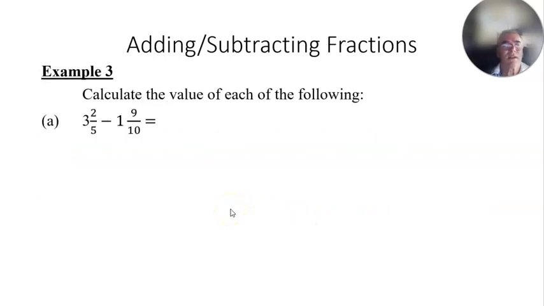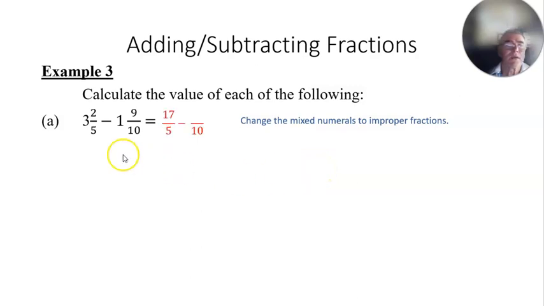So let's have a look at an example. 3 2/5 minus 1 9/10. Change the mixed numerals to improper fractions. So if you can't remember how to do that, then make sure that you go back and have a look